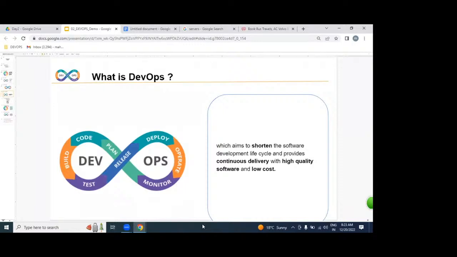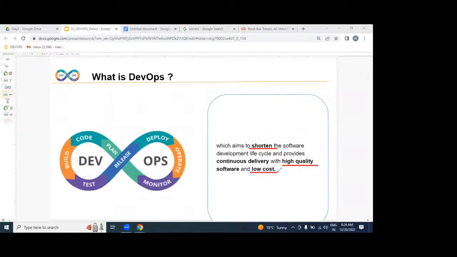That code we're going to be placing from dev environment to production environment. While we deliver working software from dev environment to production environment, make sure you are delivering within the shortest time, with high quality, with low cost. That is nothing but what? DevOps. So let me repeat this point. What is DevOps? DevOps is an automated process to shorten the software delivery into the production environment, and we need to provide high quality, with low cost.